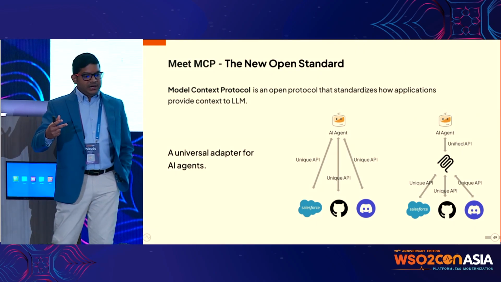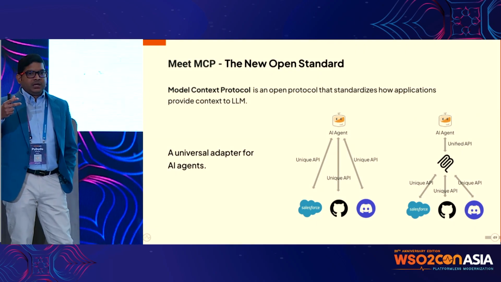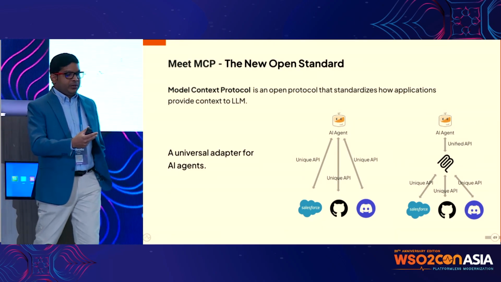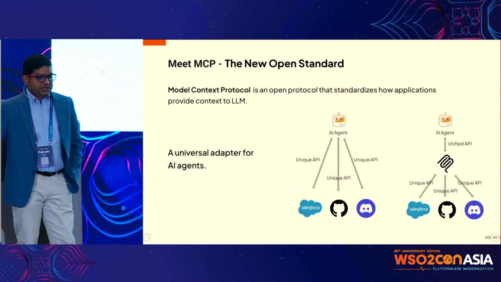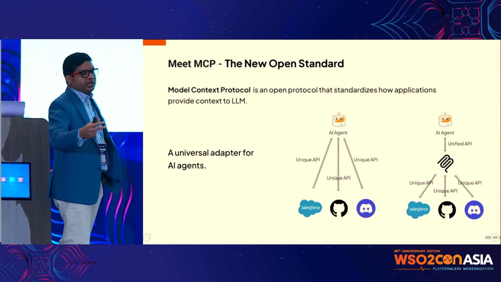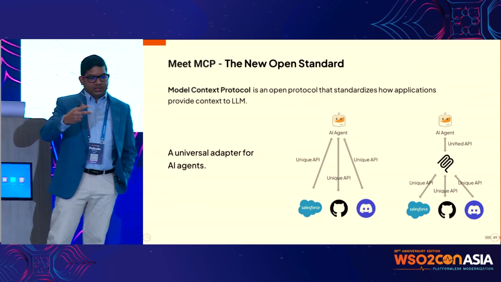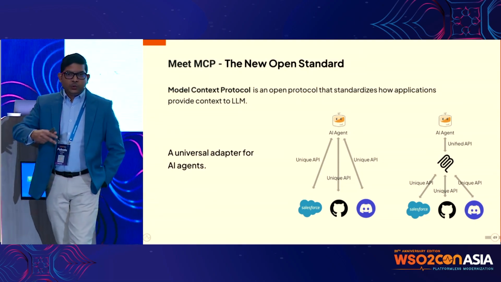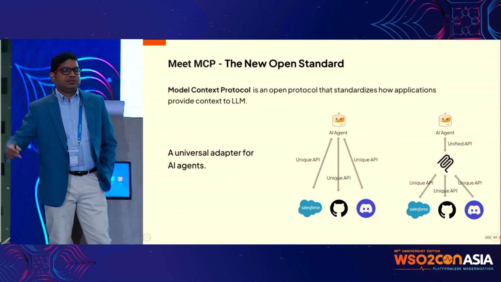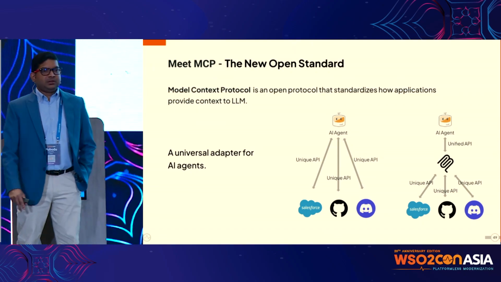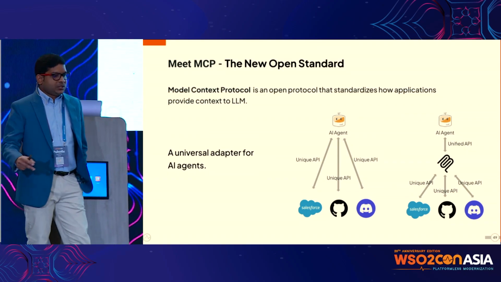So this acts as a universal adapter for AI agents. So the high-level idea is that you have an AI agent who wants to interact with Salesforce, GitHub or Discord. You have to uniquely call these APIs. But with MCP, you have a unified API. MCP will take care of the rest of the integration. So that's where we have